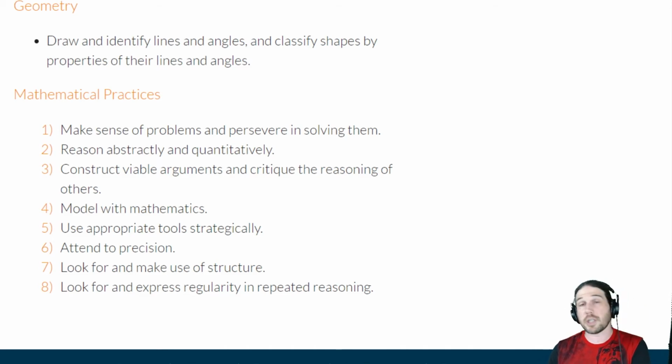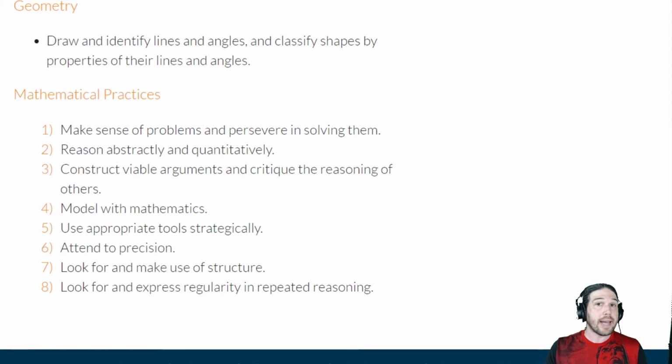It's not enough to just get the answer. You should be able to tell me how. Number 6, attend to precision. Say what you mean and give the answer you mean to give. Number 7, look for and make use of structure, patterns. Number 8, look for and express regularity in repeated reasoning, which is going to be really important because the relationship